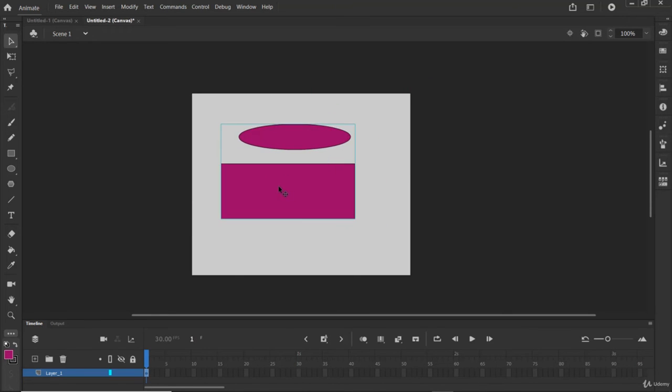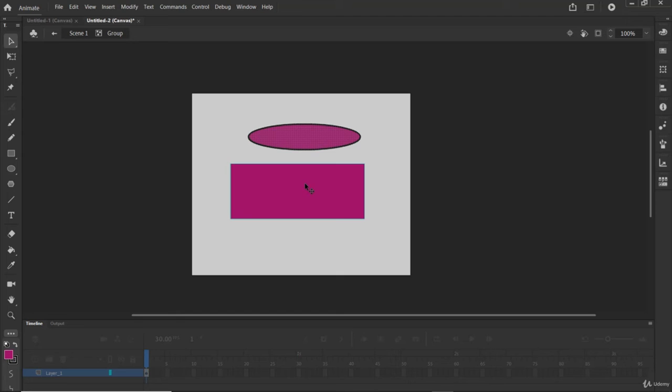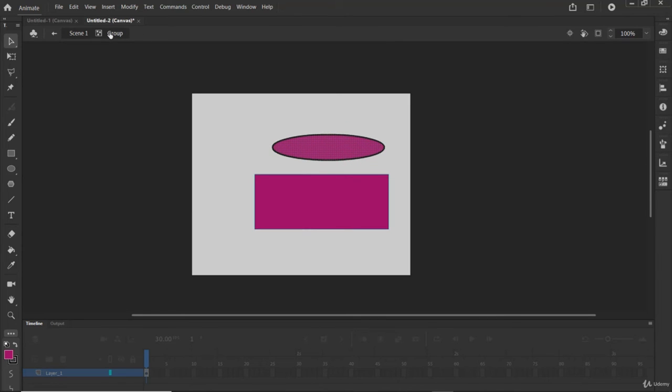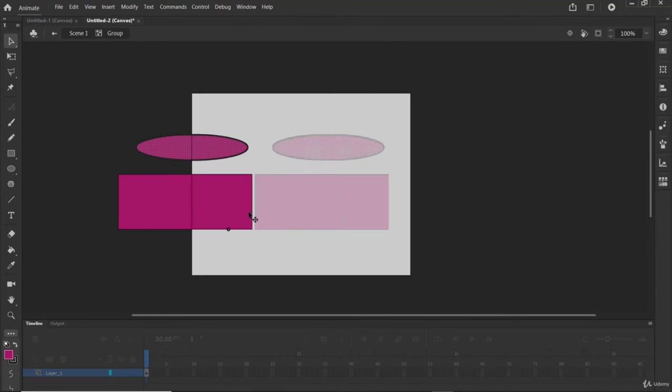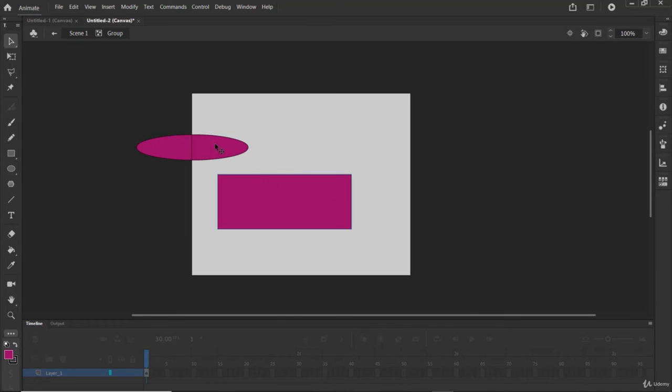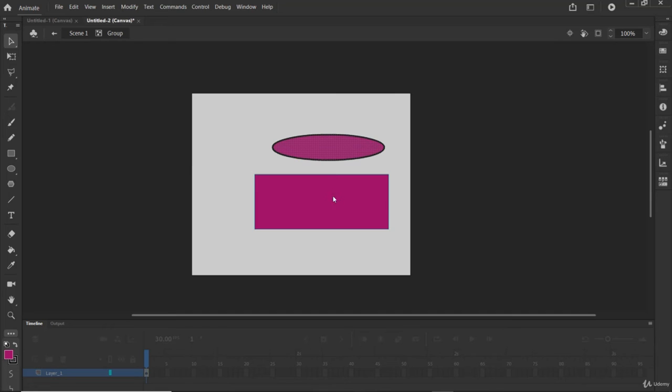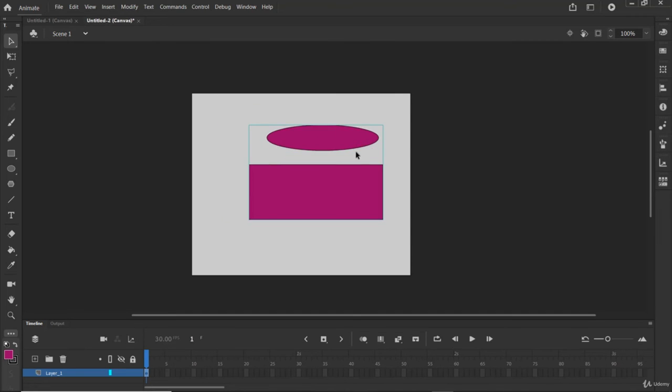If you want to move one shape, double click in the group, and you can move all the things the way you want. So this is how you can work with shapes in Adobe Animate.